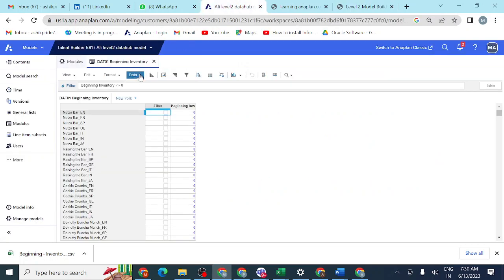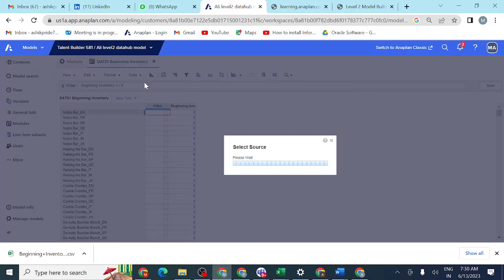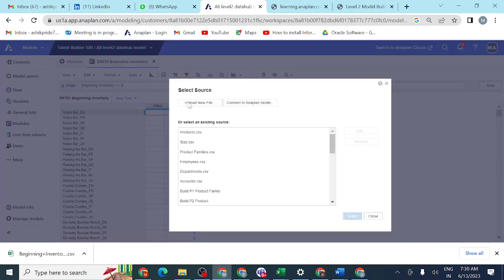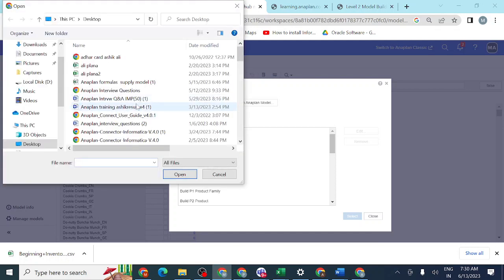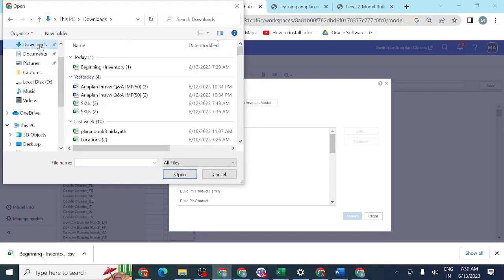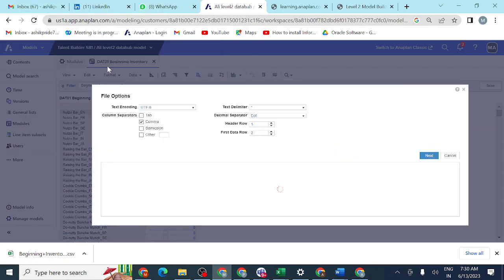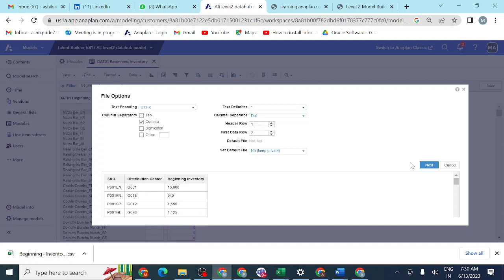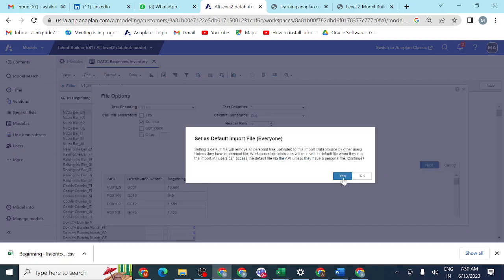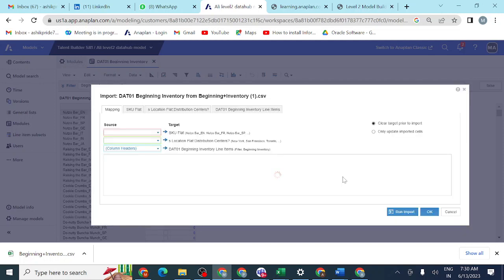You can import the data here, upload new file. Just now we downloaded it here. You can see here the SKU column.